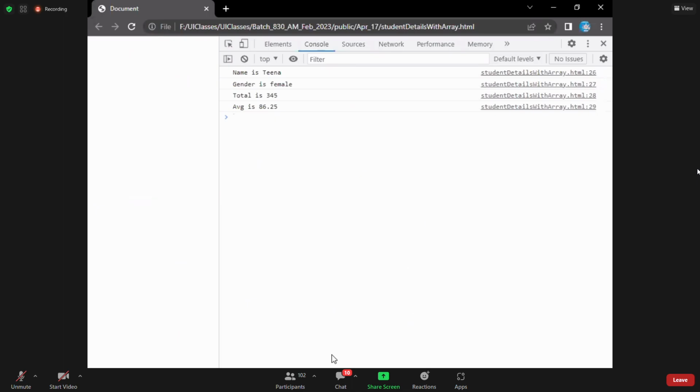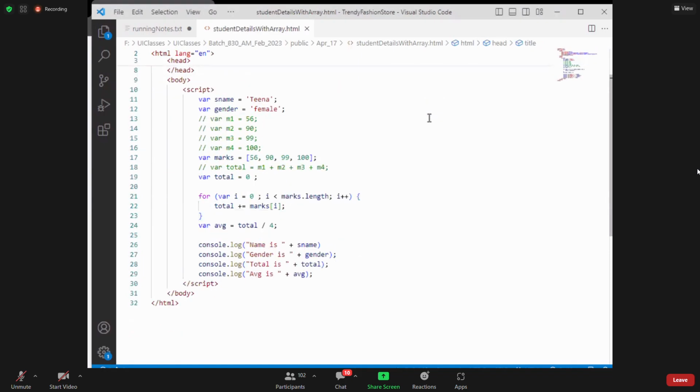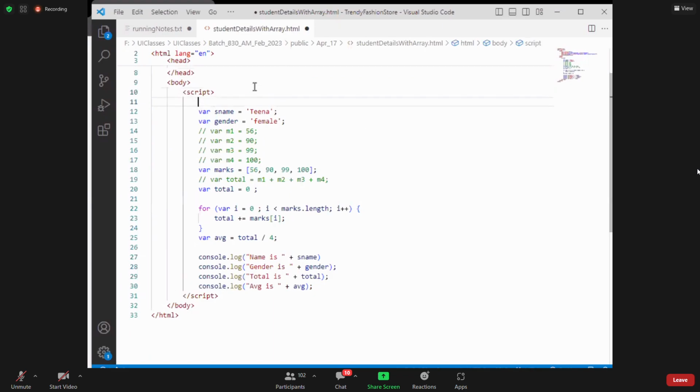But the advantage is I'm not writing a scattered number of variables. I am grouping all the related content into a single variable here. Any questions? Clear, everyone? Okay. Now I ask you a question. If you really see, I have the student name, or else, for example, I say where EMP salary